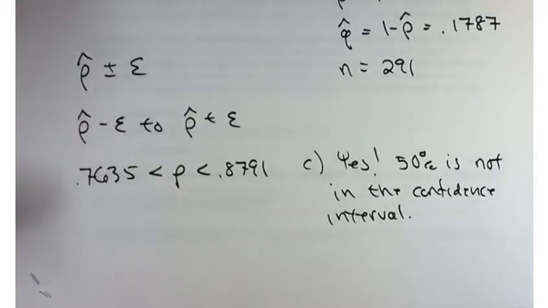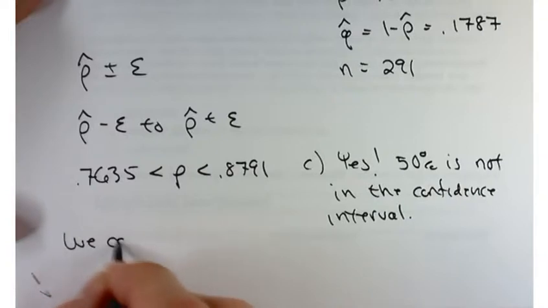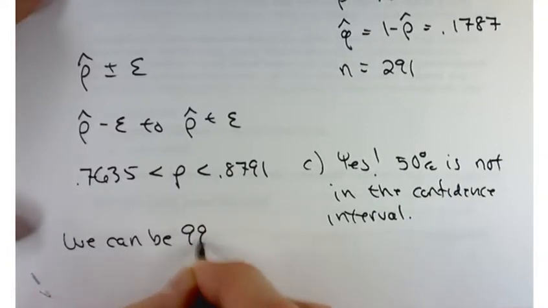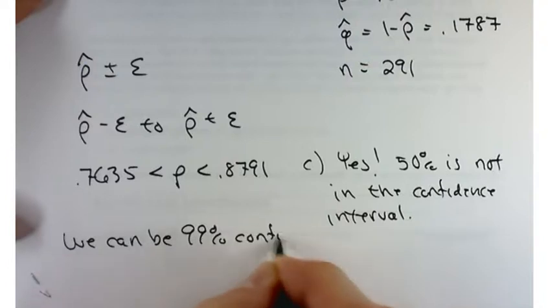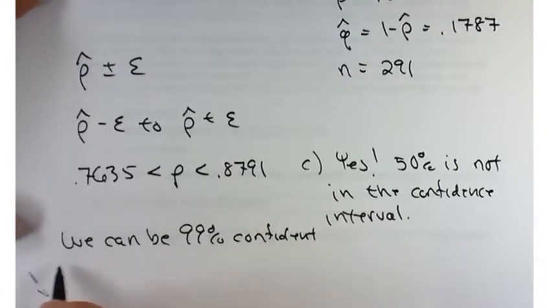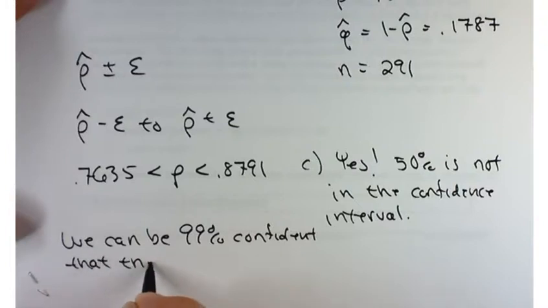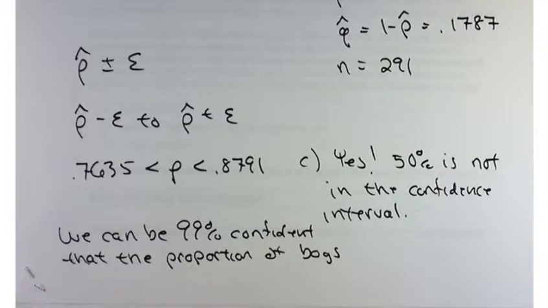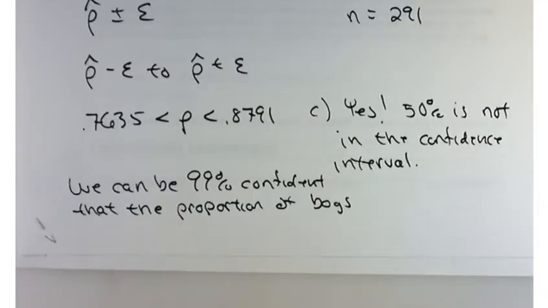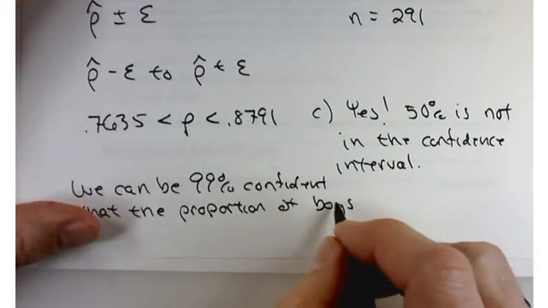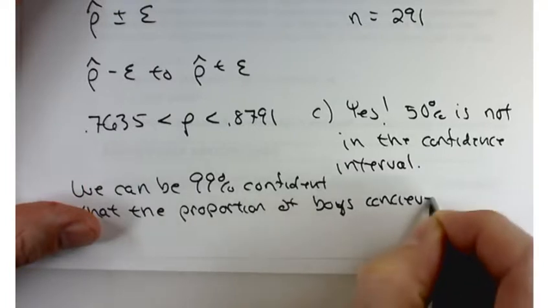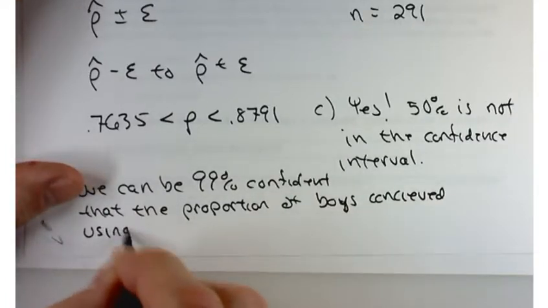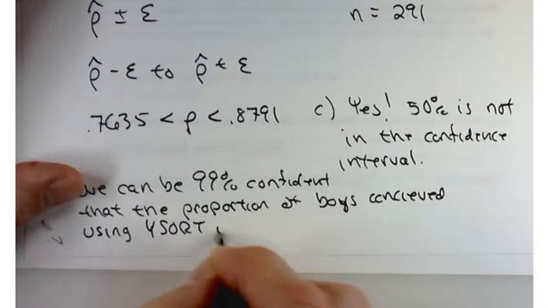If you're reporting this to somebody else, you could say we can be 99% confident that the proportion of boys conceived using the Y-sort method is between,